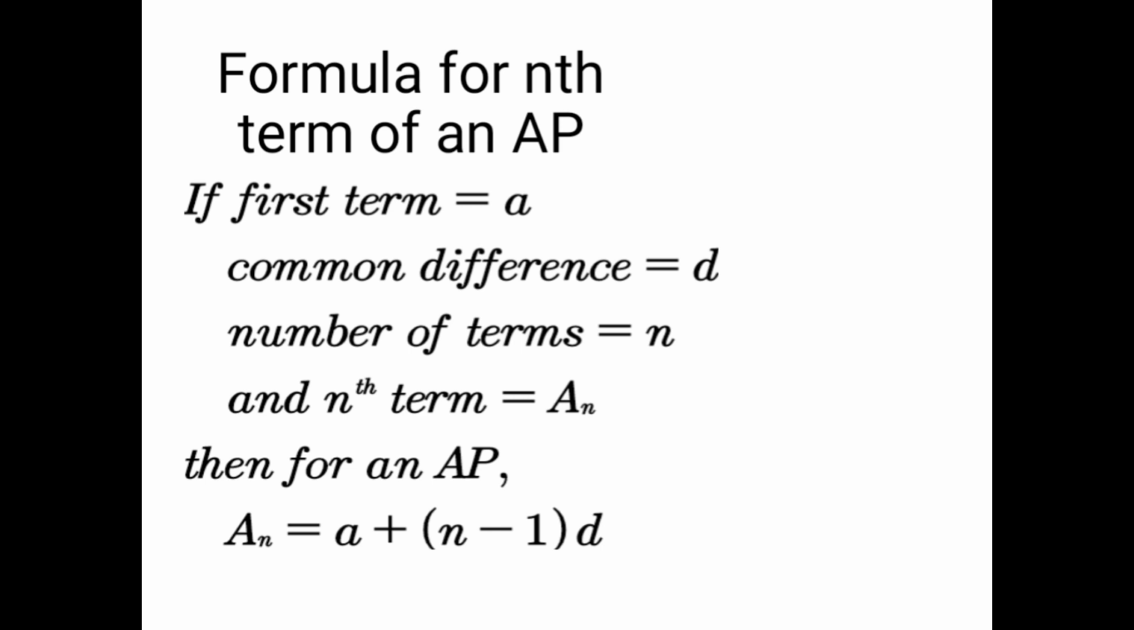So if you're looking for the nth term of an AP, you can say an equals a plus (n minus 1) d. So if I'm looking for the 100th term, I can say a100 is equal to a plus (100 minus 1) d. Example,